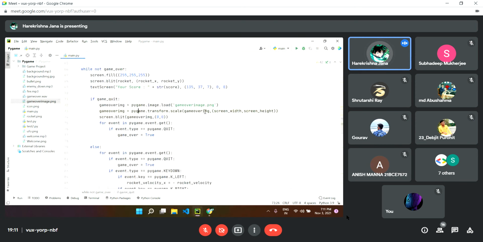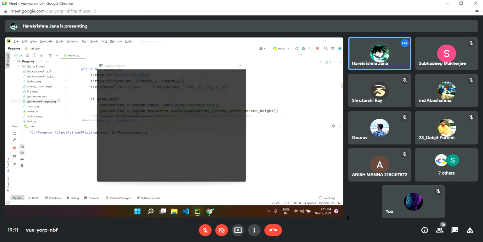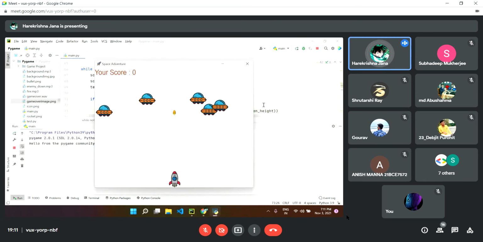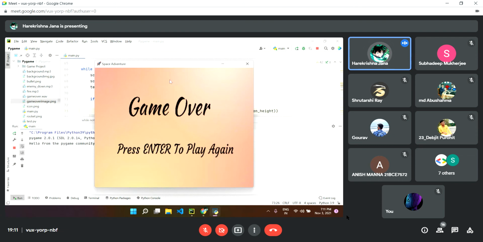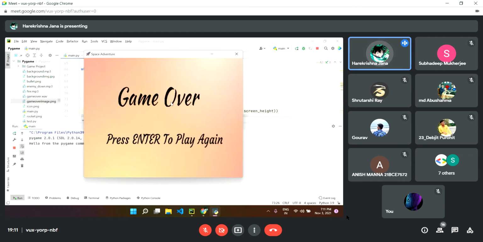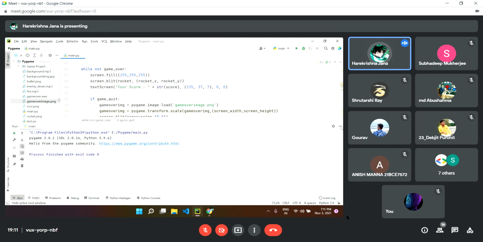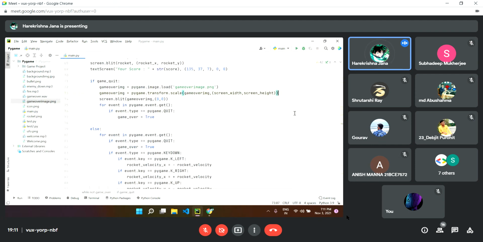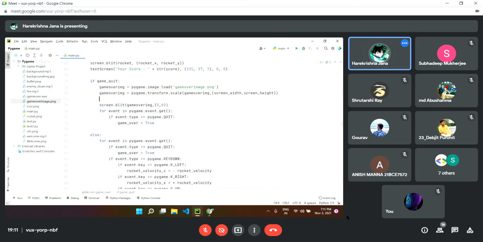So after that, I am going to print my score here. My score is 2. If I fit it with the specific, then here I want the score. So let's put that score here. We are going to use the text screen again. So text screen, we have to put the text, your score,